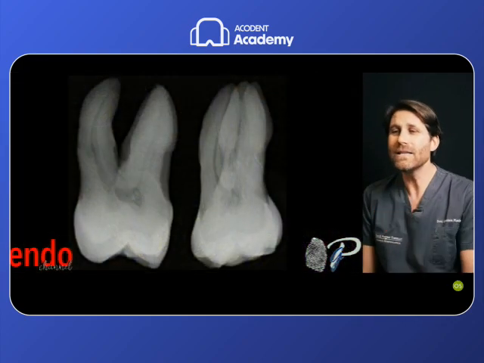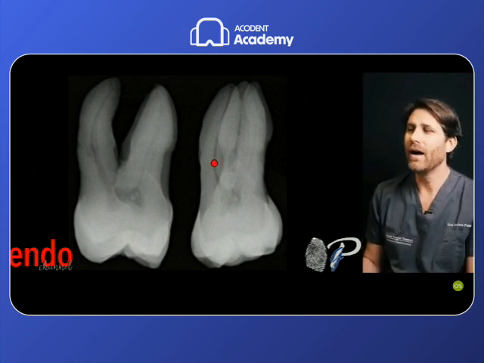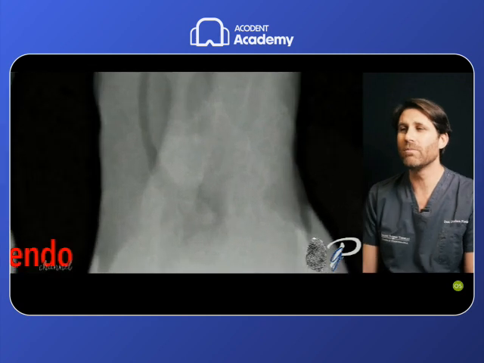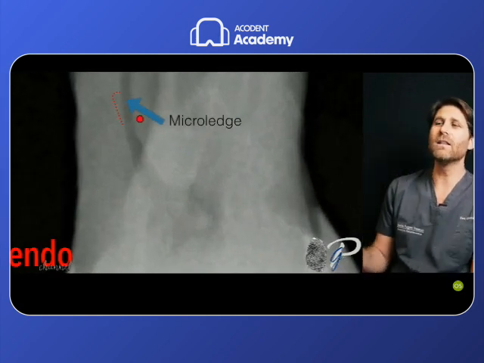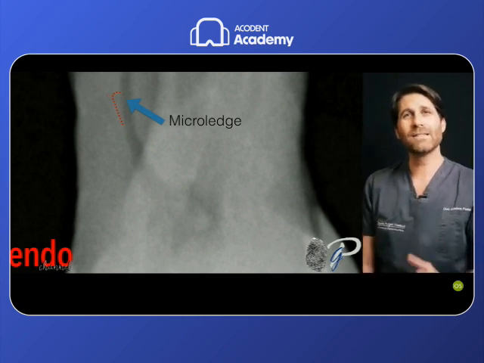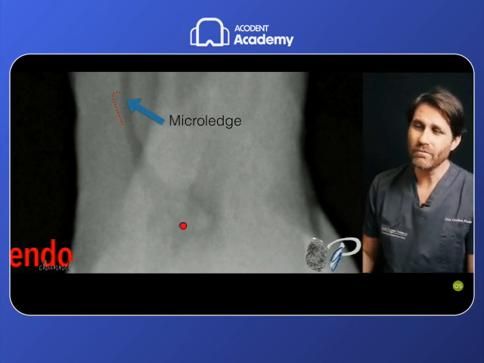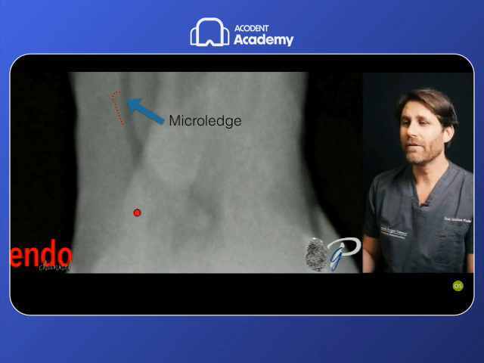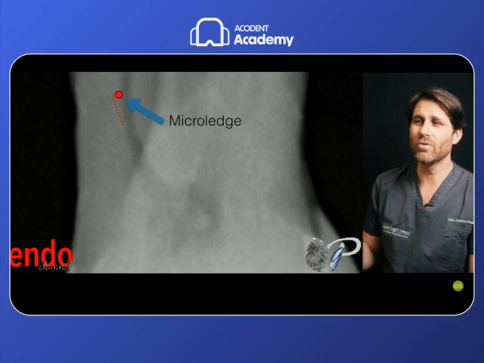And if we insist with manual files in scouting this anatomy, it is possible to create a micro ledge in this area, at this point, in which the tip of the file pushes against the center of the coronal curvature, because it's pushed there by the dentin interference here, the very sharp, hard trajectory that it has to follow.